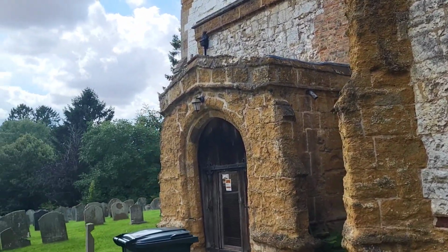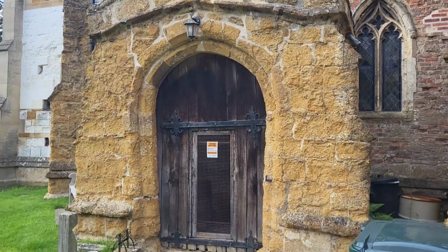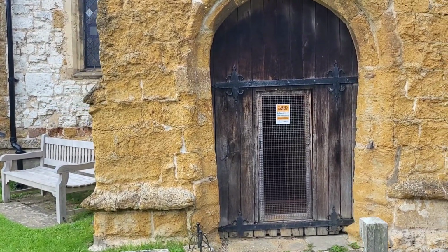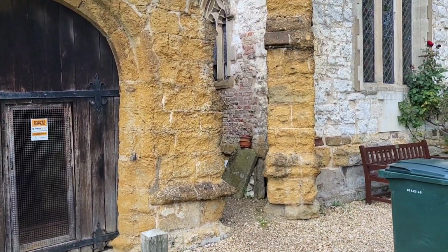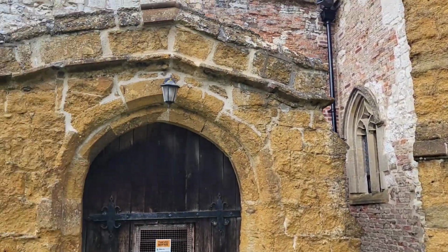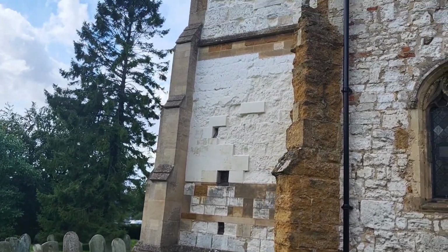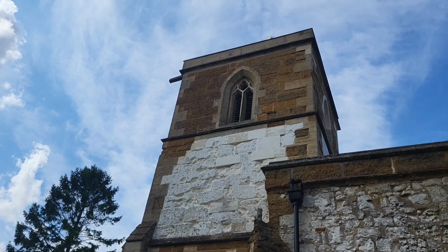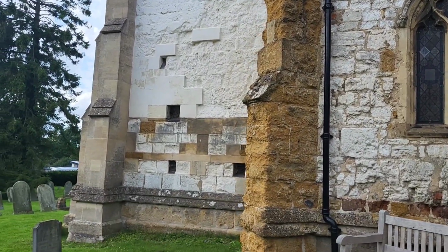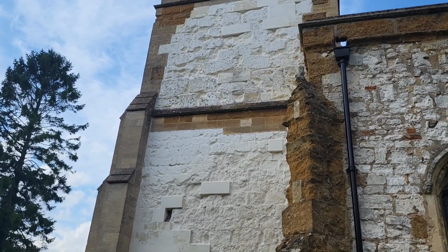But it's a very unusual church, this. It caught my eye. Obviously, its ancient doorway here is very early Anglo-Saxon. But this chalk brickwork, sandstone, limestone, there's a great mix here. So you've got some Norman and later restorations, but I'd like to know if this quarry, with it being called St Andrews, came